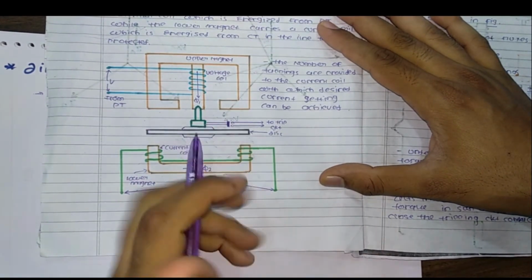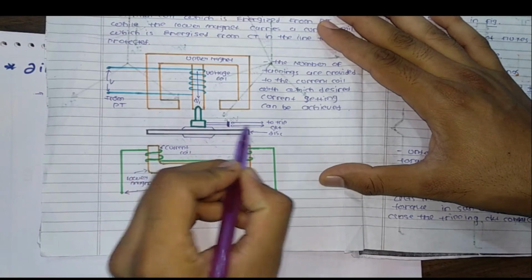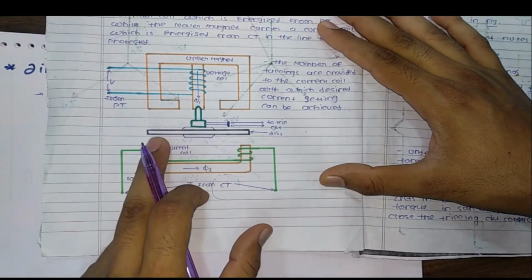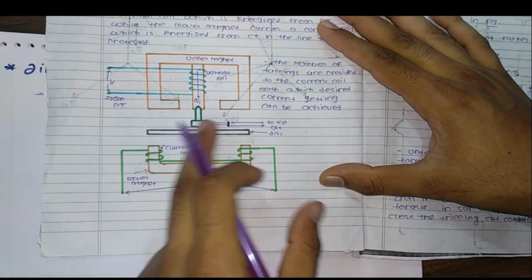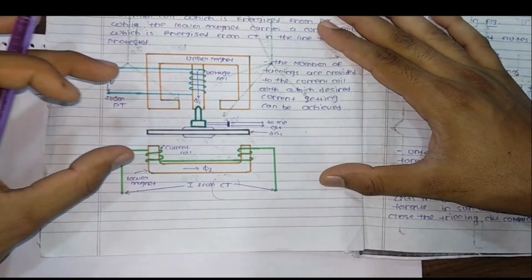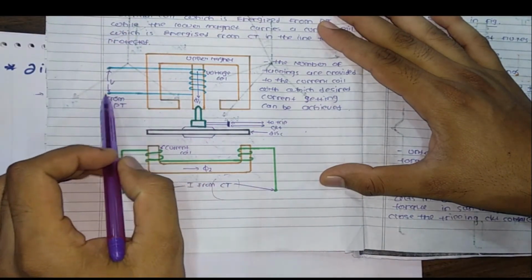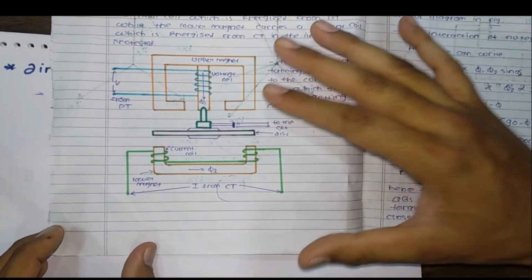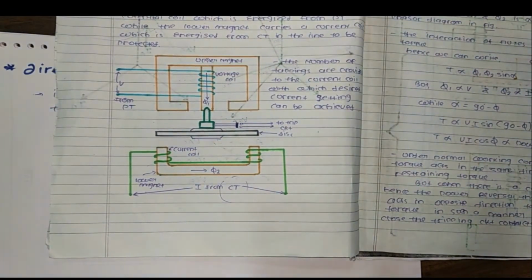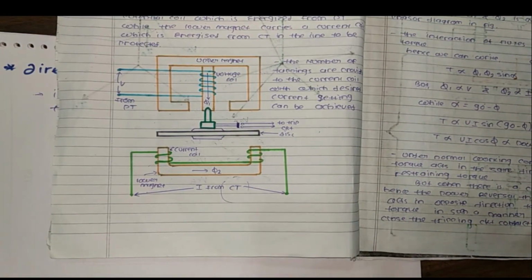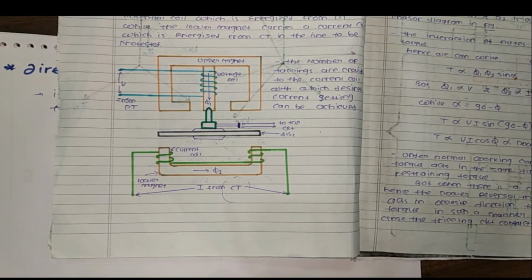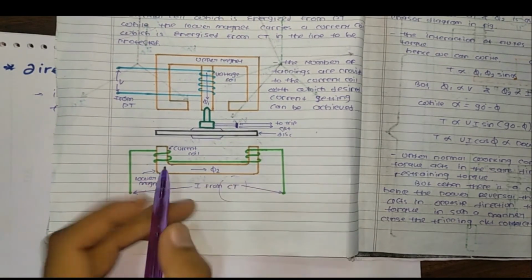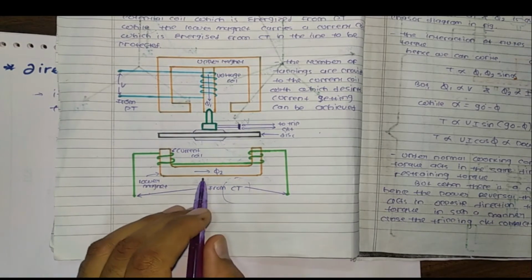This is the spindle, and from that point, leads are drawn out and fed to the trip circuit. This is the disc which is allowed to rotate between these two electromagnets. So the flux produced by this voltage coil is phi1, and the flux produced by this current coil will be phi2. This is the basic simple operation of your directional power relay. So the number of tappings are provided to the current coil so that the desired current setting can be achieved. Okay, so number of tappings are provided here as per our requirement.